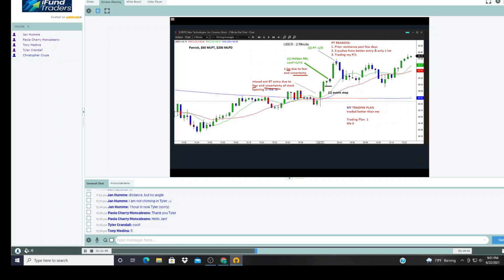Okay, so a big bar here, and then you take profits here, and the profit take reasons are: number one, prior resistance from the past few days. Now, that's nowhere in the checklist, right? So you're just adding things now because of the fear and the uncertainty. You're basically looking in all kinds of other time frames for confirmation so that you feel less nervous about what's going on here, right? So don't do that, because it's not in any checklist that we're using.